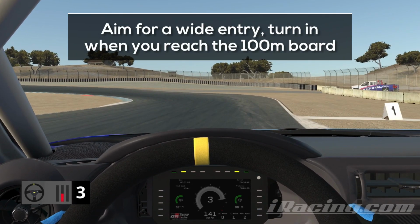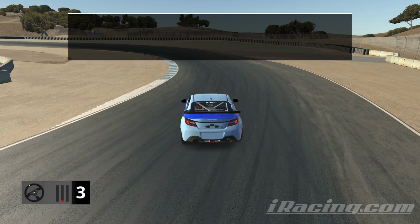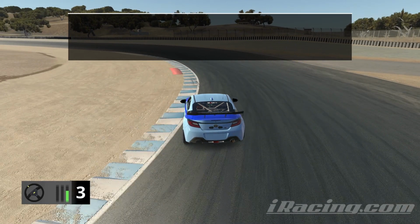To make this work, you also want to aim for a really wide entry, and as you can see here, the 100-meter board is approaching us on the right side and I'm still on the right edge of the track. Turn in as you reach the board and prepare to get back on the throttle. We haven't even reached the curb yet, but we already want to be back on the throttle because we are